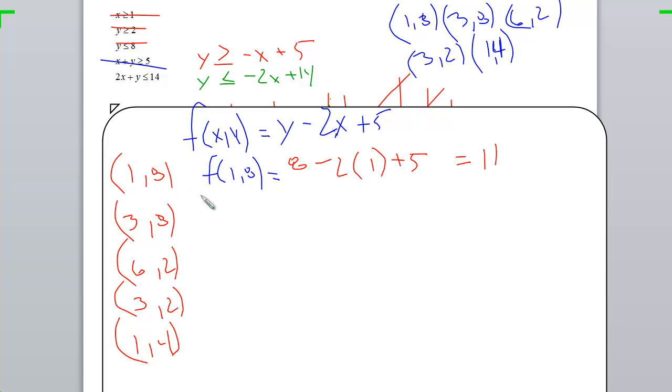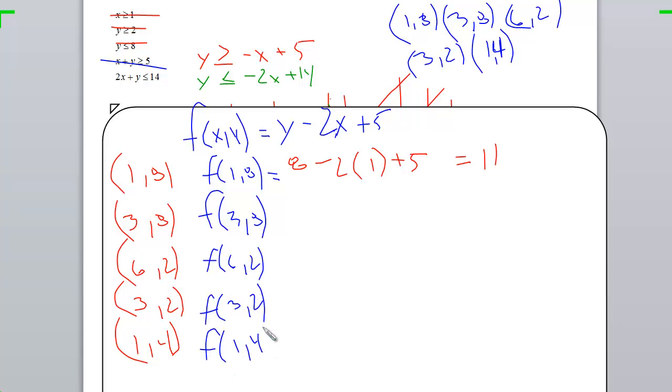Then I evaluate the next one, f of 3, 8, I'll write these all out here, f of 6, 2, f of 3, 2, f of 1, 4, and I sub these in, so I have 8 minus 3 times 3 plus 5 equals, 3 times 3 is 9, 8 minus 9 is negative 1, plus 5 is 4. 2 minus 6 times,